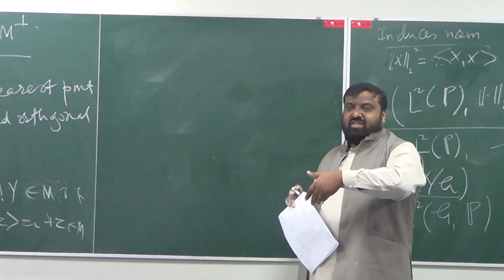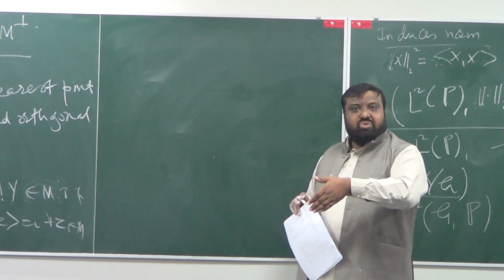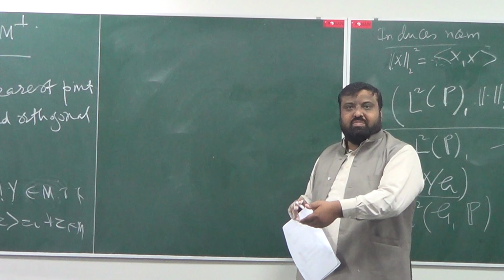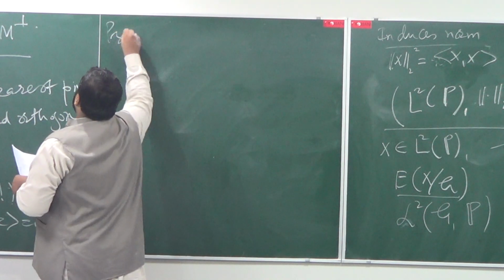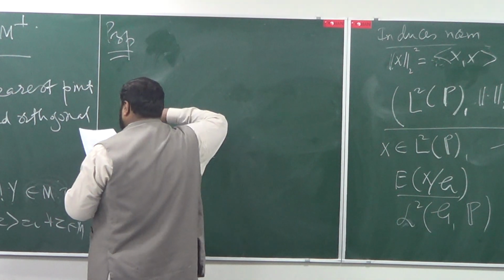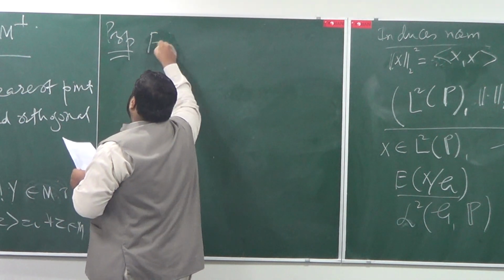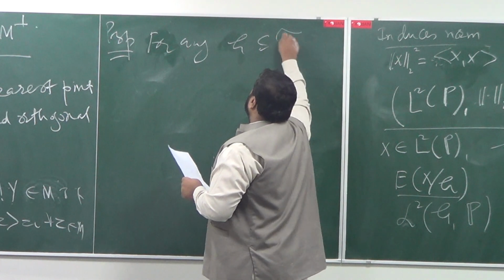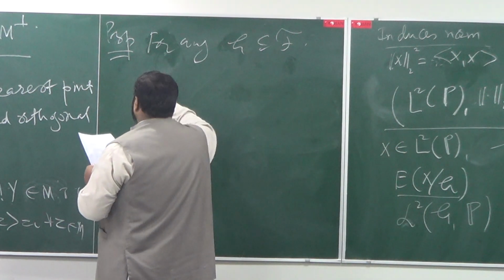In any other context you might get some other quantity, but in the probabilistic sense, for any x in L2, the orthogonal projection onto the closed subspace is basically the conditional expectation. So here is a proposition that I would like to prove: for any sigma field, sub-sigma field G of F, it's not just a subset, it's a sub-sigma field, and any